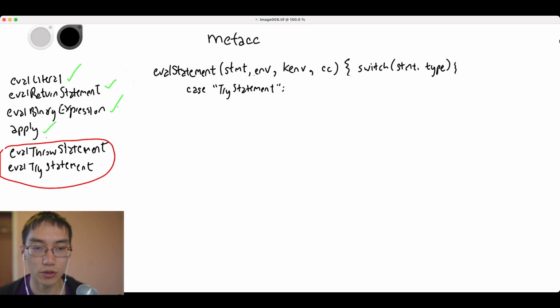Let's do things in the opposite order. So let's do the try statement first. What are we doing when we evaluate a try statement? Let's just remind ourselves, right? A try block